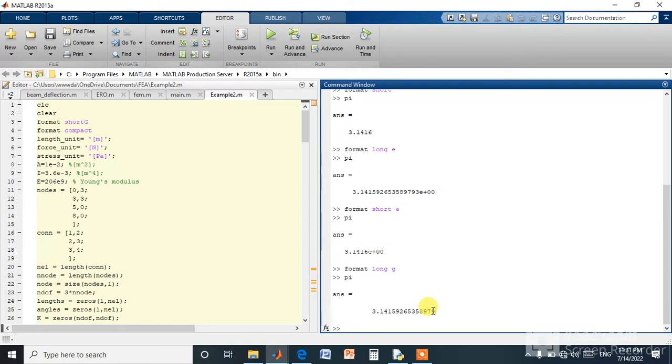Please, you should get the difference between the long G and the long. While the long carries 16 significant digits, the long G reduces it by 1. It truncates the last one. Actually, it approximates the last one, and it carries 15 significant digits. What is the difference between the E and the G? In the E, you see a power, but in the G, there is no power. Now, let's talk about the short G. Format